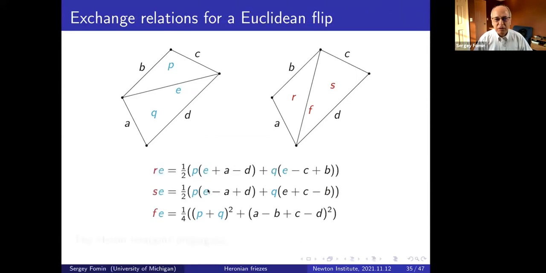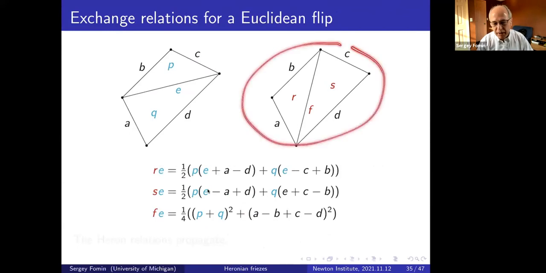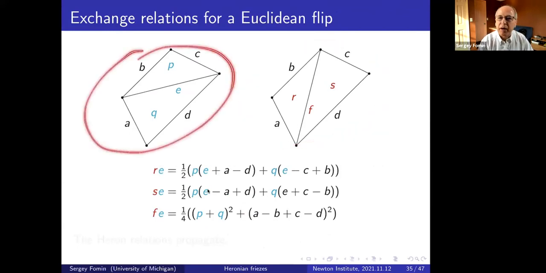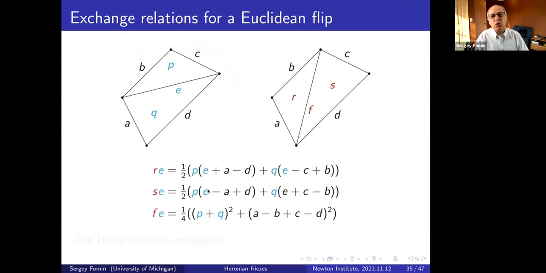So now we have exchange relations, right? This shouldn't be surprising because these parameters are uniquely defined by the left parameters, right? Since they are defined uniquely, the formulas have to be rational, right? And they cannot ramify. But you may wonder, oh, we started with something that satisfied Heron's relations, right? So these were not algebraically independent.